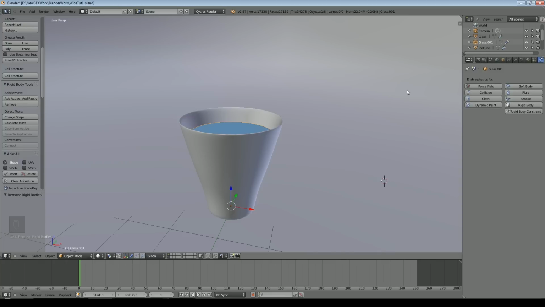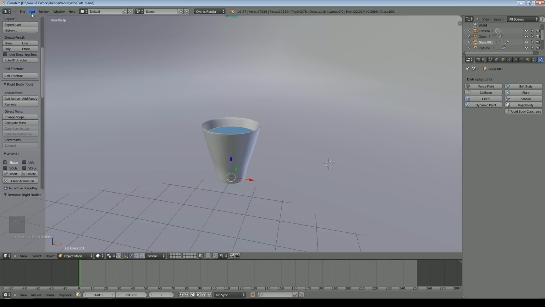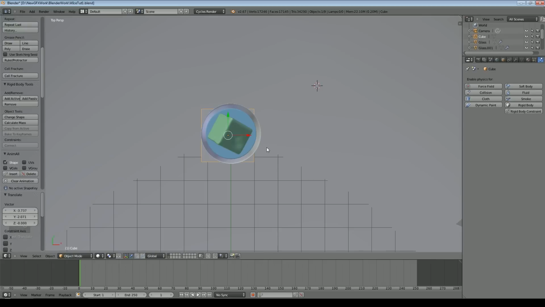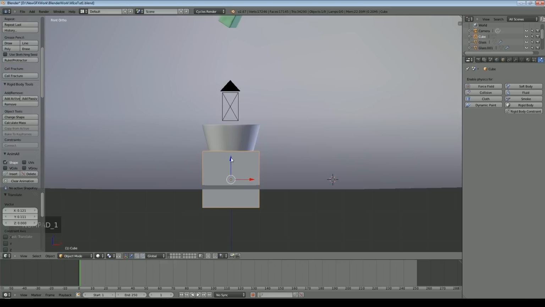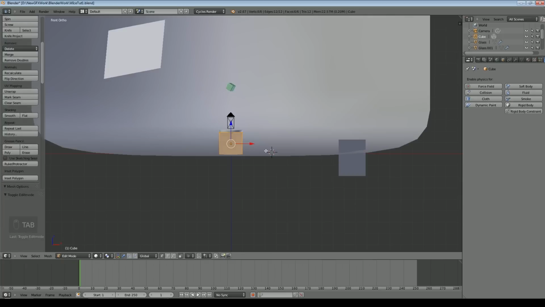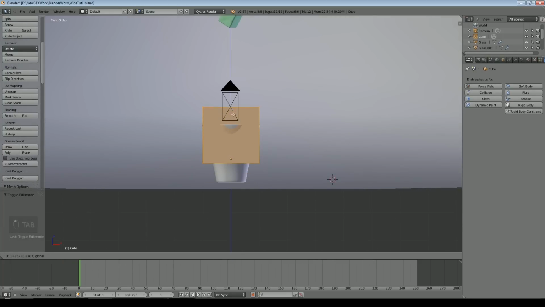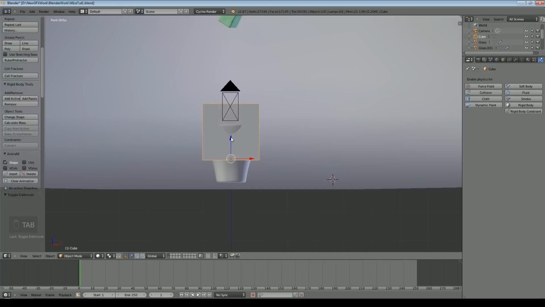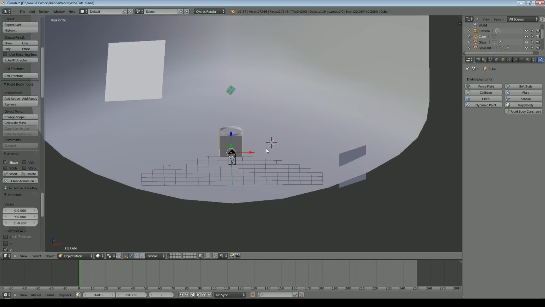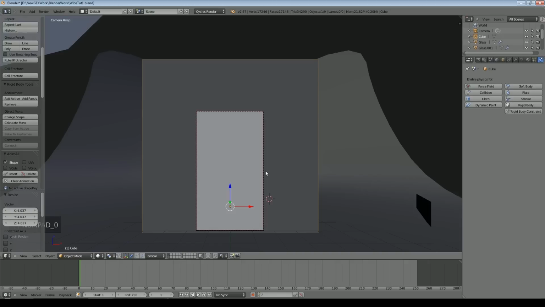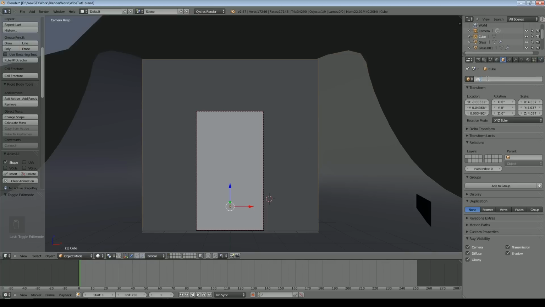In order to do that, I need to add a boundary, a domain as it were. So I add a new cube. Center that cube over the glass, bottom of it just below the glass. And what I can do also is, I've gone into edit mode, so I can lift the cube up to about there, and now when I expand the cube it will expand from the bottom. So scale it. That shouldn't be too bad. And this is the domain, so we'll call this fluid domain.